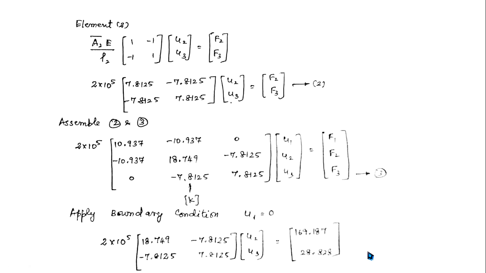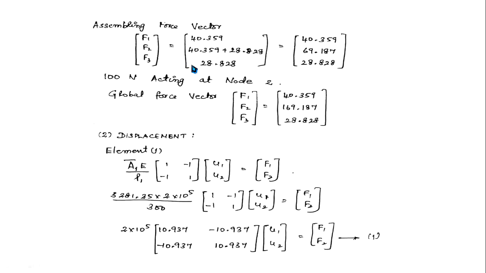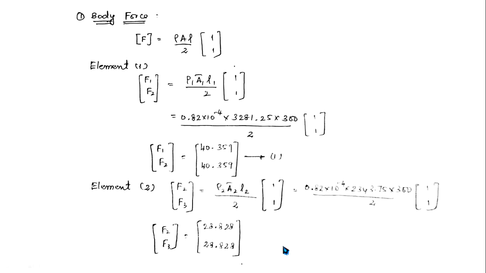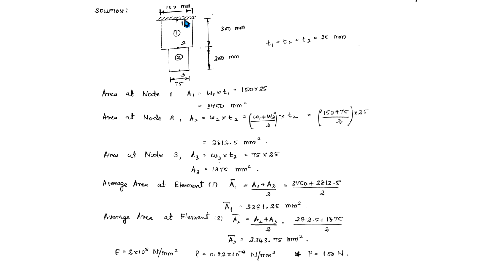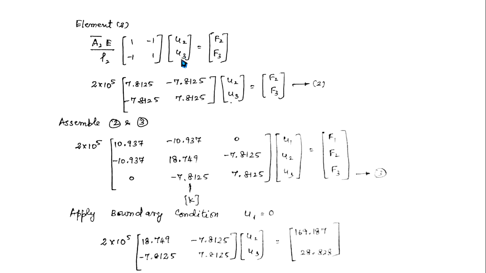Now you repeat the same step for element 2. The only thing that will change here is that you have to consider the area of element 2, and also there will be a change in the displacement matrix: U2 U3. For element 1 it is U1 U2. Hope you know why. For element 1 the nodes related to it are 1 and 2, that is why we have U1 U2. The nodes related to element 2 are 2 and 3, that is why we have U2 U3 here.